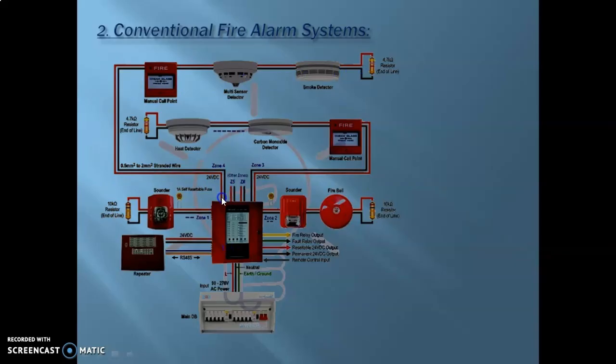as well. For example, this is zone 4, wherein this is the first device of zone 4 and this is the last device of the zone 4, and you can see at the last device you have the end of line resistor connected here. Similarly for zone 3 as well. So this is basically what your conventional fire alarm system will usually look like. Also, this is an example of a fire alarm single line diagram.